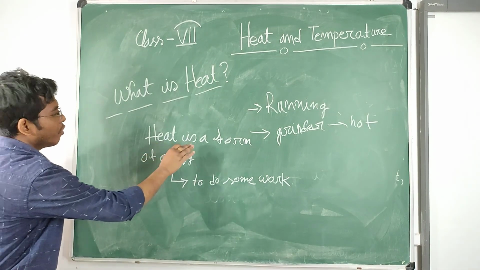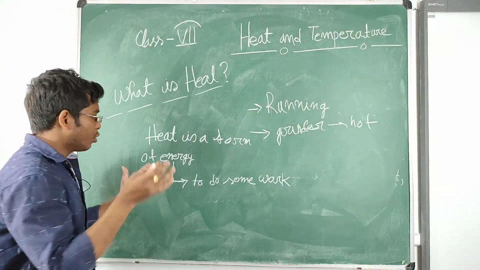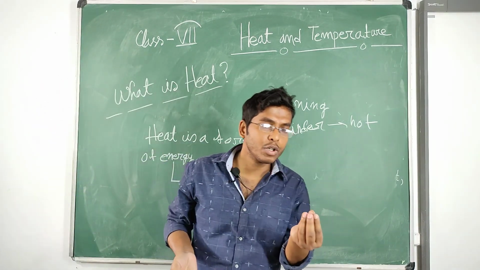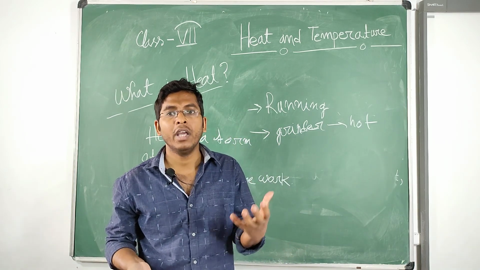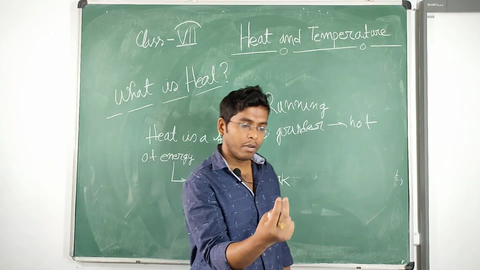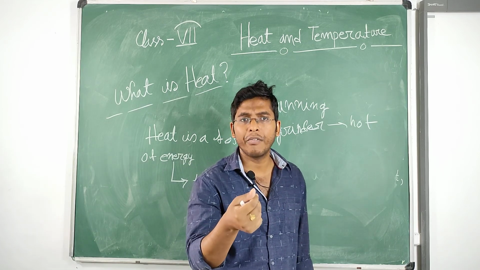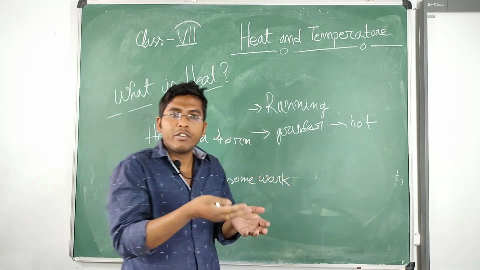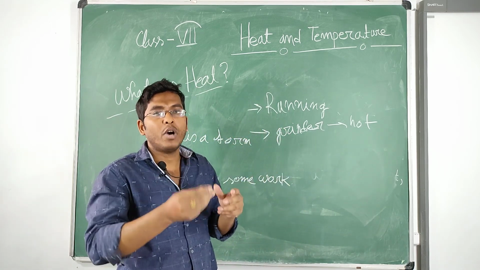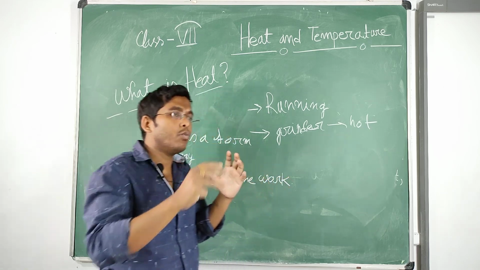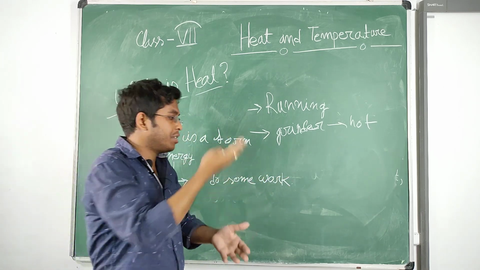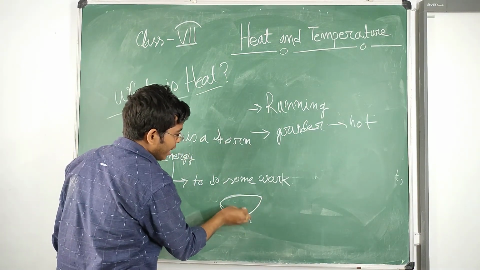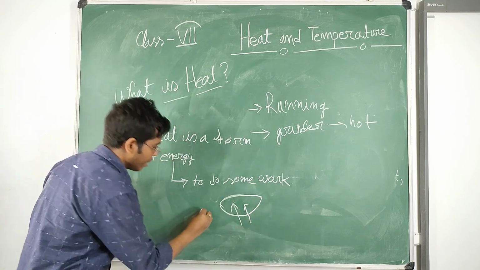So heat is a form of energy, so it is capable of doing some work. Suppose I give you an example. Suppose you want to boil rice. So your gas oven is on. You give the heat energy so that the rice is boiling, and the upper portion of the water becomes steam. The steam strikes the lid of your container so that it lifts up.